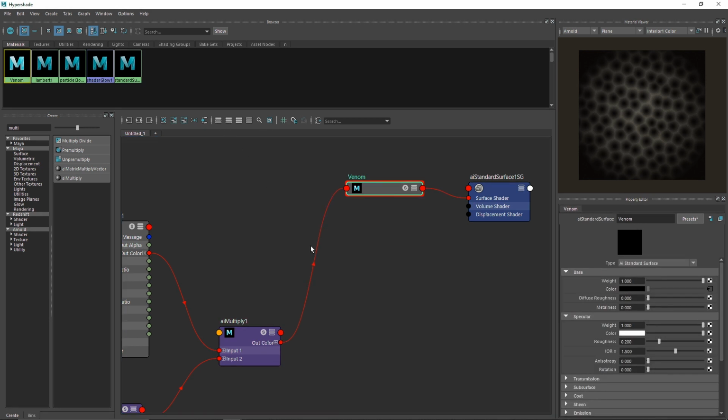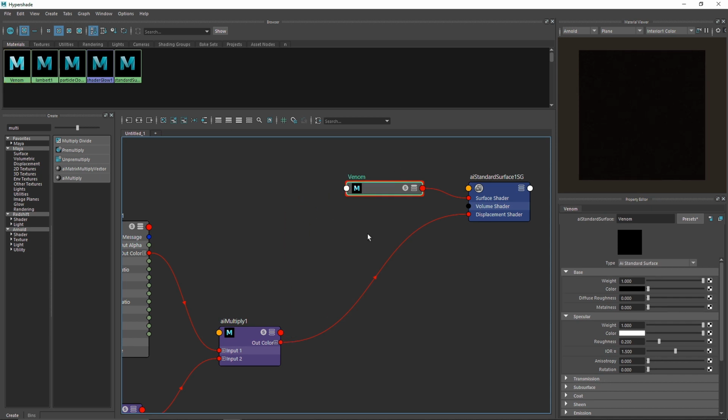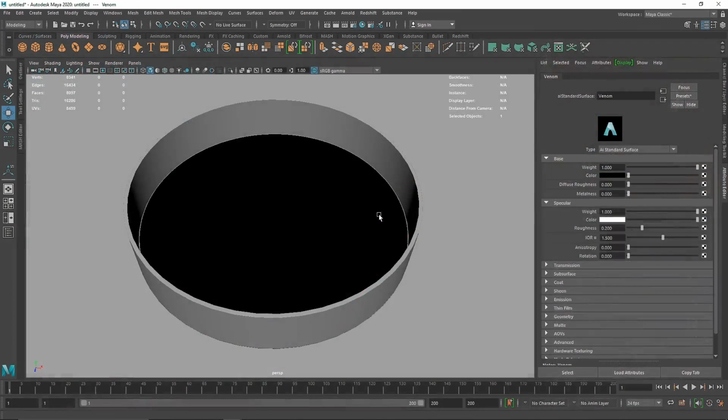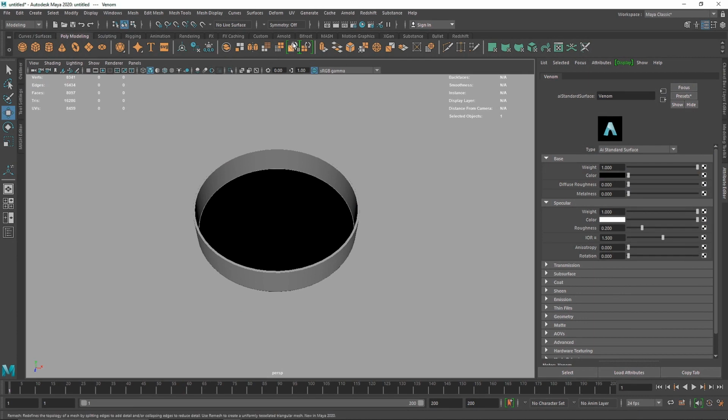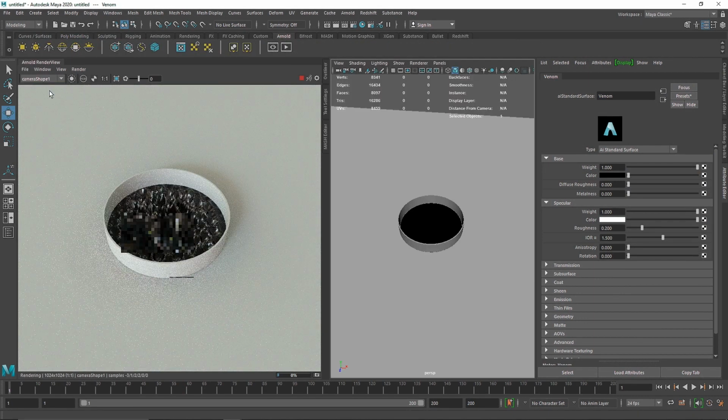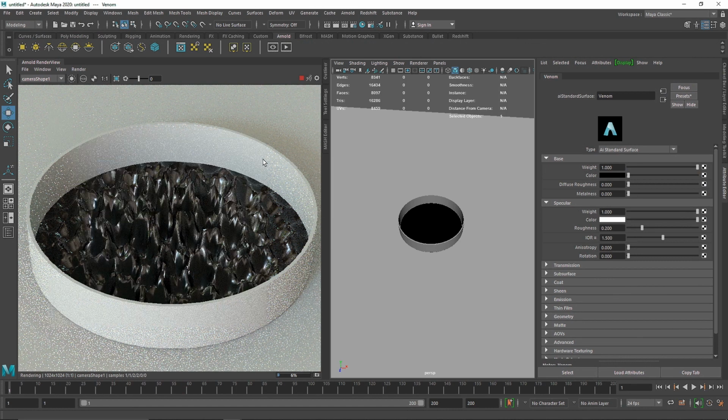So I'm going to close this and let's attach this to our displacement shader, because displacement is exactly what we want, not the color. So I'm going to disconnect this from the color and we are good to go. I'm going to take a shader ball here and let's close this. Alright, so if I go to my IPR, I have a basic HDR for lighting purposes, nothing fancy.